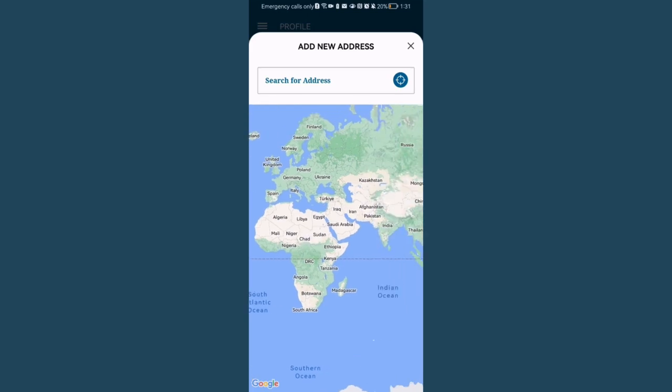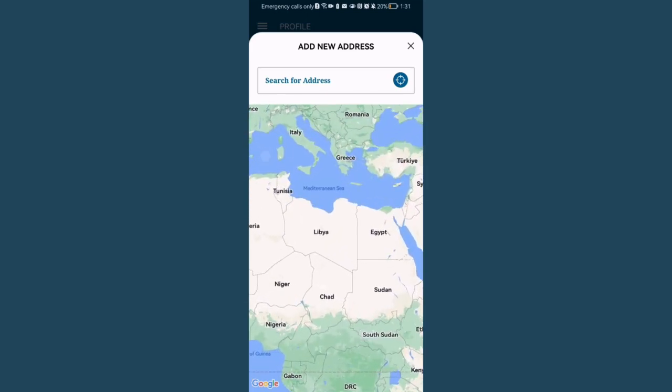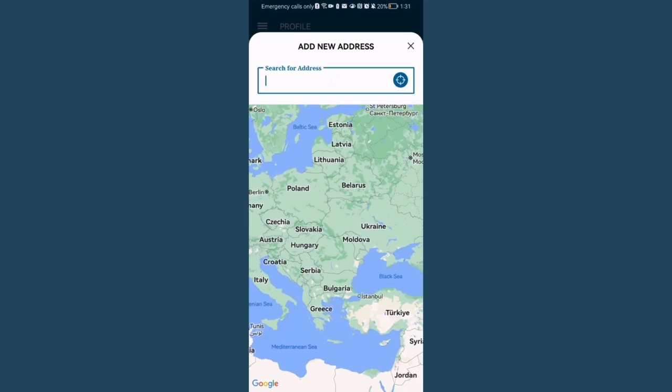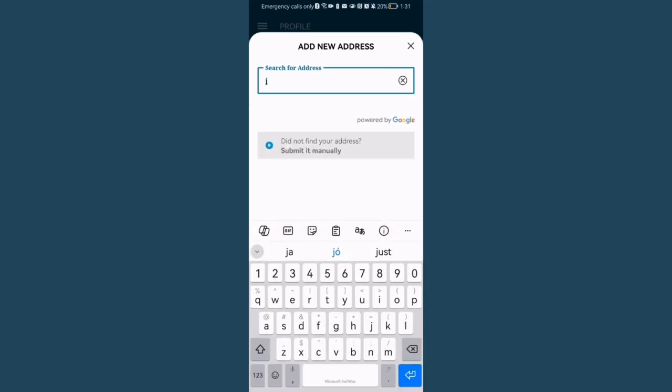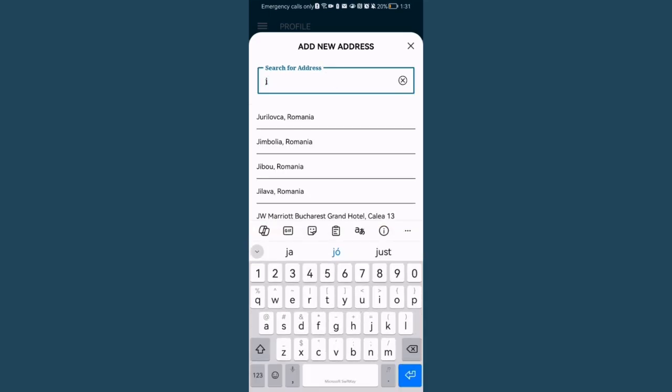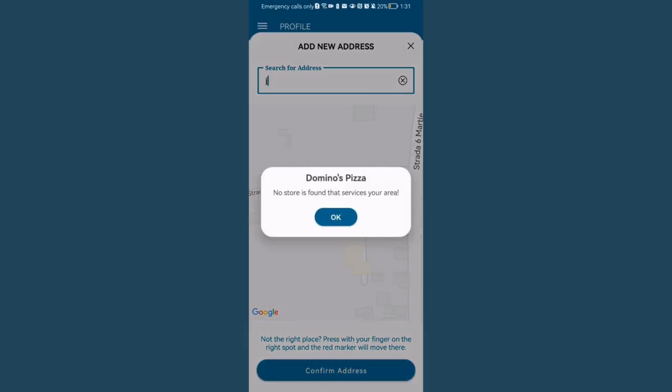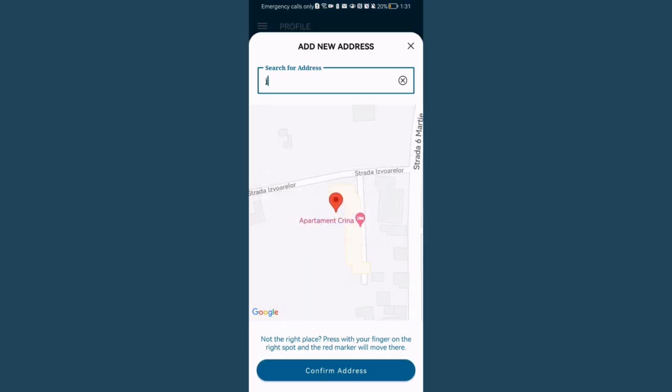and here you can just basically search for an address. I think it's easier to just write it in the search bar. You can just select one and press on confirm address and press on OK. Now in this case there was no store found nearby if I selected this address, but